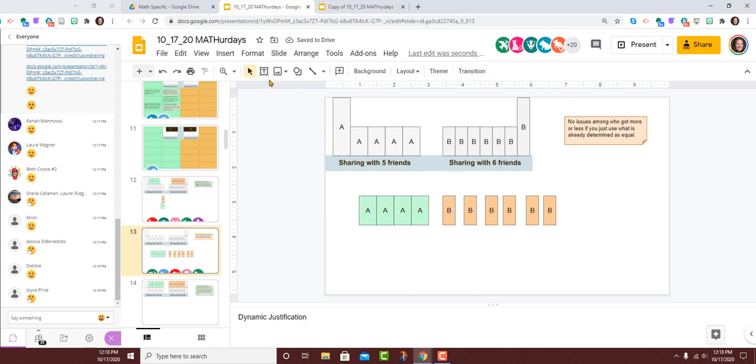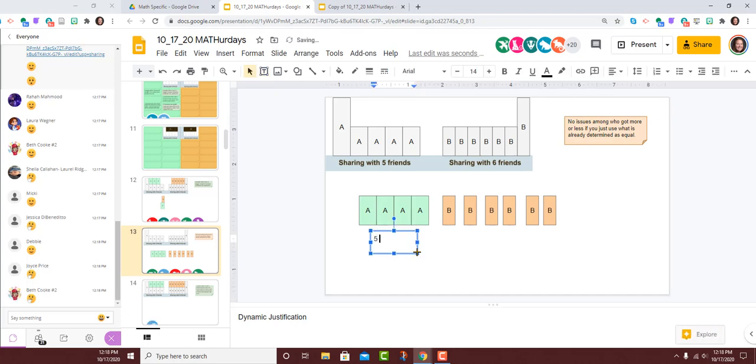So I find sometimes I have to be careful what type of Would You Rather I put up there, because sometimes the math conversation doesn't go right to the math talk. It goes more to equitability of the food item. Yeah, so kids always think about that. Man, what if someone else is cutting this one? What is it going to be like? And these B ones are already cut, so you know what you're getting.